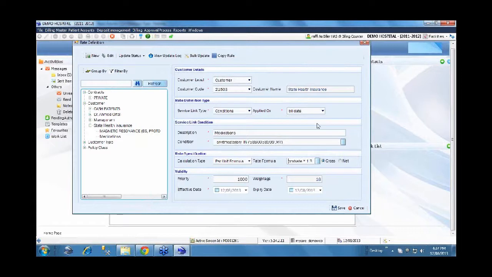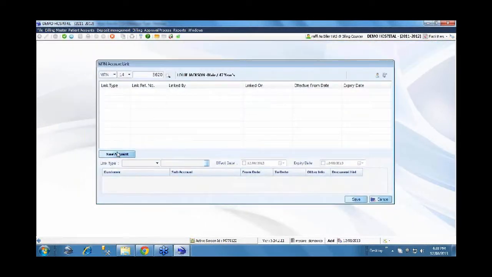So now we will take an outpatient workflow. We will take a patient, link the patient to this particular insurance company, then generate a consultation bill, and also do a bill for lab and radiology charges, and then show what is the workflow involved. So we will open the account linking screen, which is a screen used to link the patient to a particular account, or specify the sponsor details or payer details for that particular patient. This is the account linking screen.